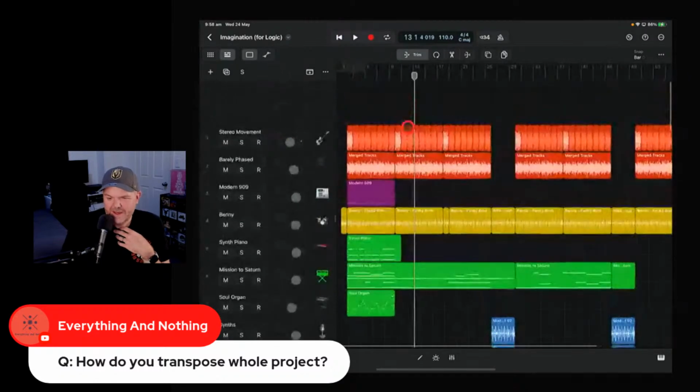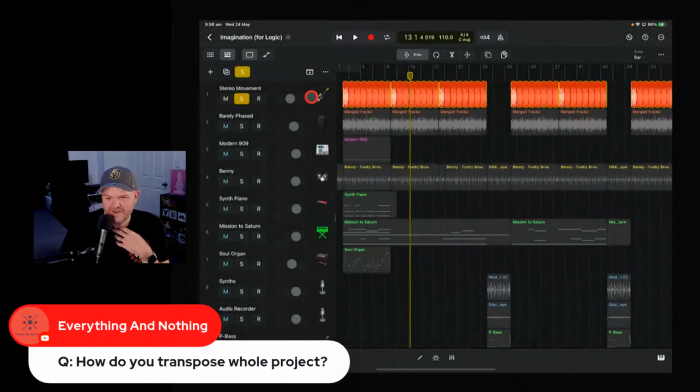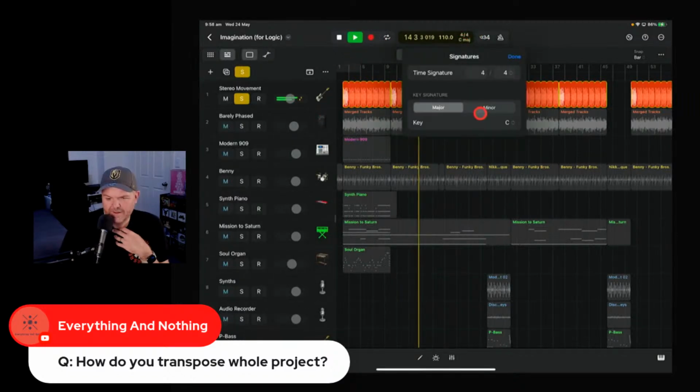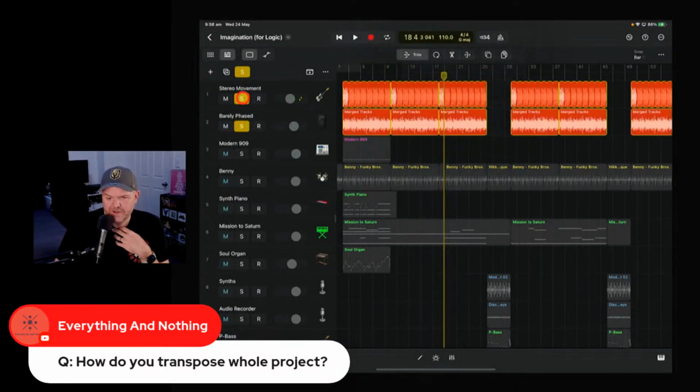That's weird. Has it actually changed some of those? It's hard to tell in a project like this. Okay, it has moved those. That might be because it's an Apple loop. Maybe it's an Apple loop, so it's going to change those. What about this one here?